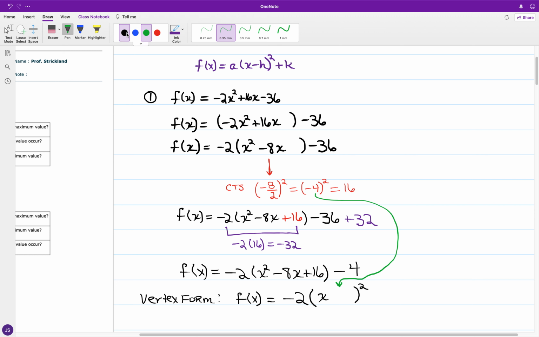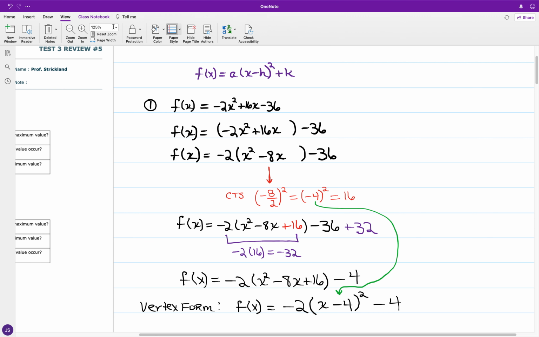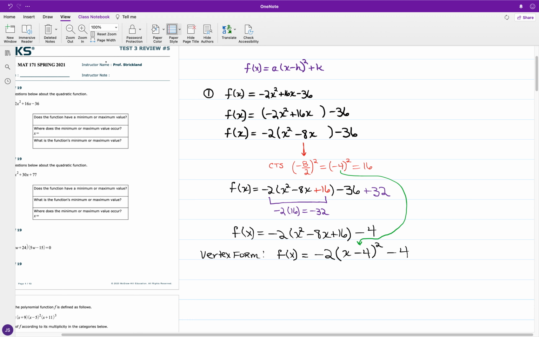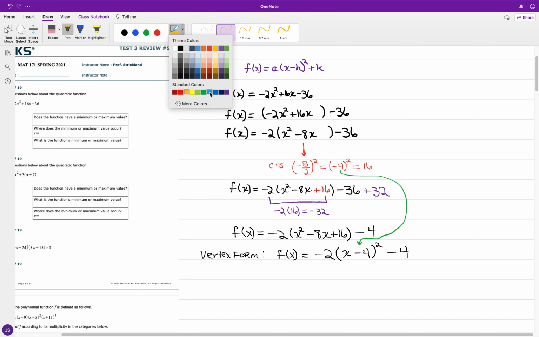So I'm going to have -2 times the square of x minus 4, followed by the subtraction of 4. And if you notice, this formation is in line with the vertex form: a times the square of x minus h, plus k. And so looking at what we have in this particular layout,